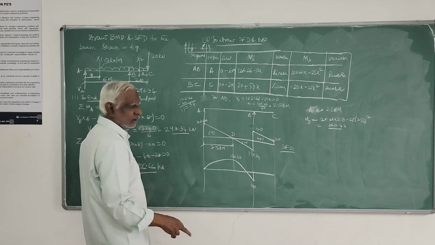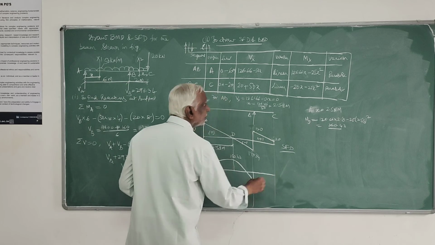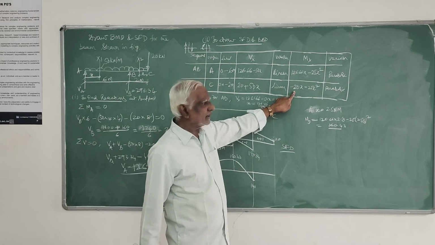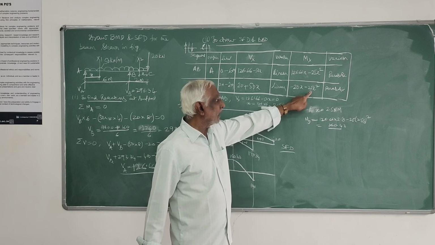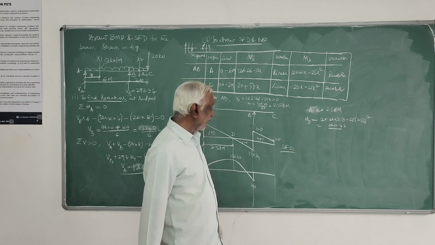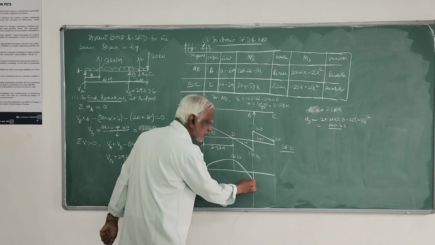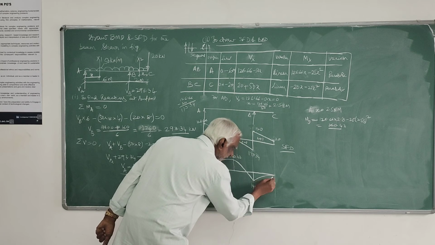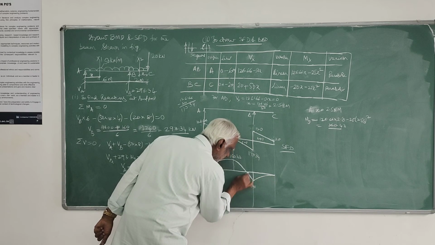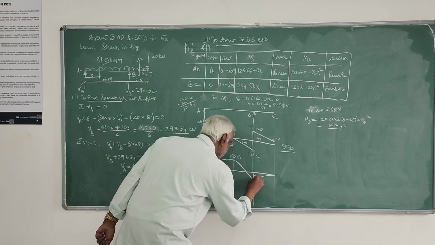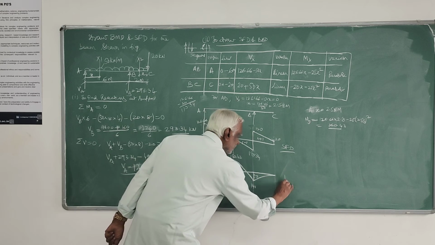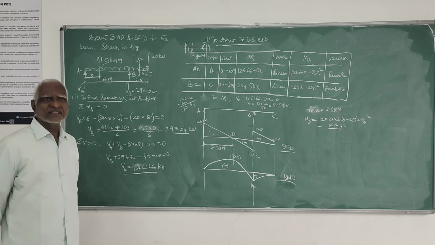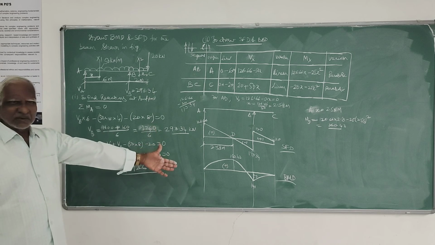When x equals 0, that is at this point, it is 0. When x is equal to 2, this will be minus 40. This is for 100. Minus 40, 100, minus 140. It has to be negative at this point. So from here to here, it has to be parabolic. Negative. This is positive. Look at this, for the overhang portion, a different diagram.